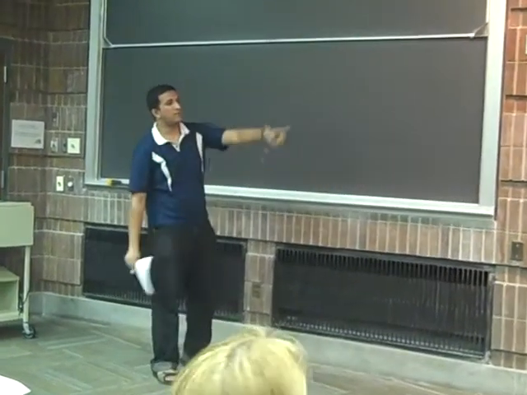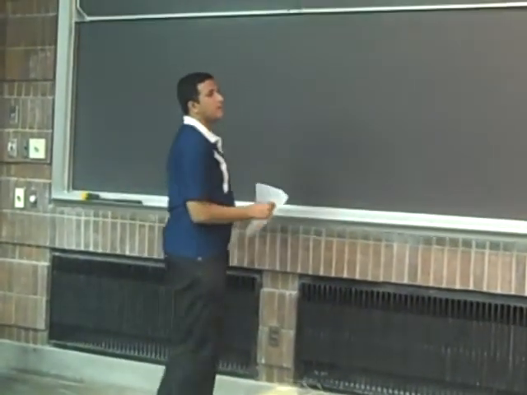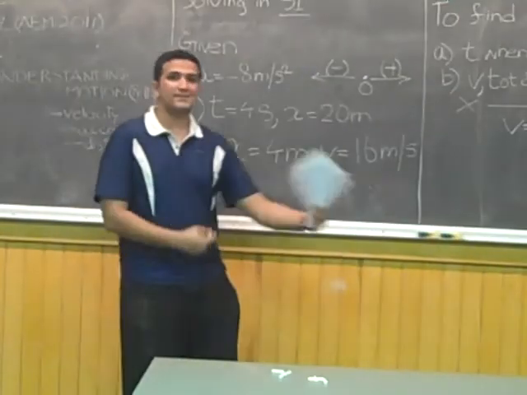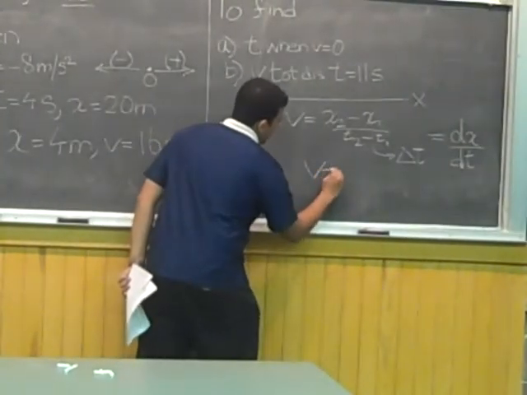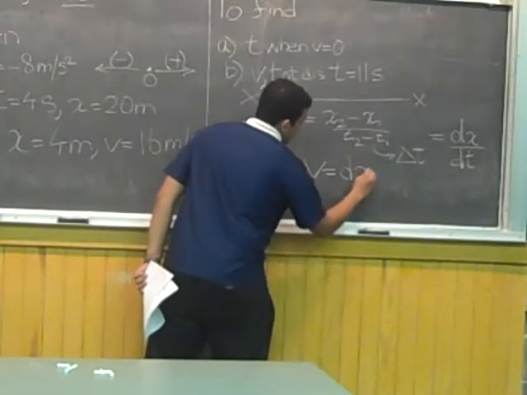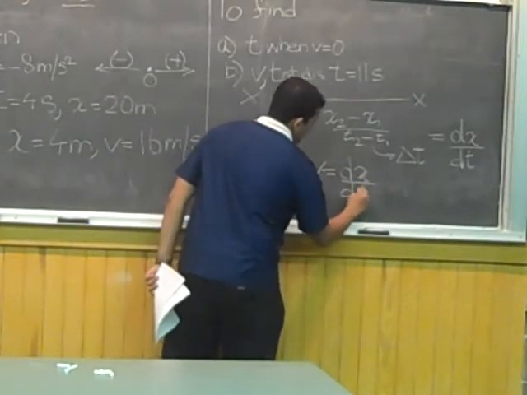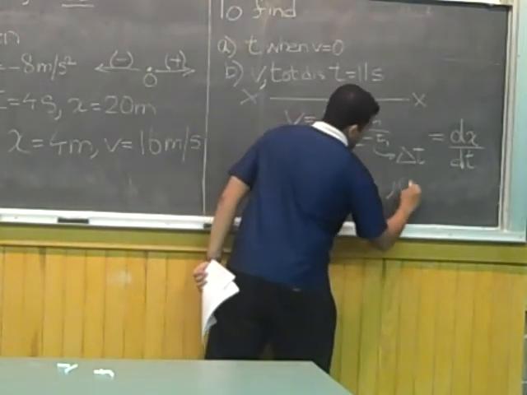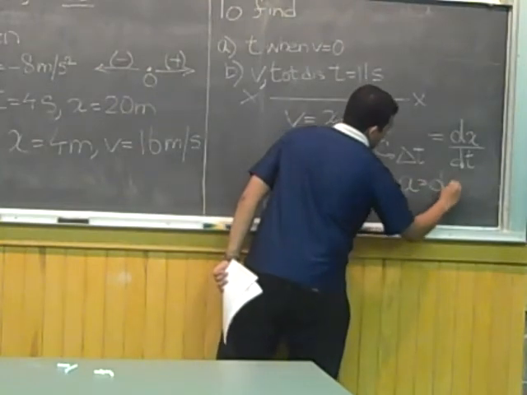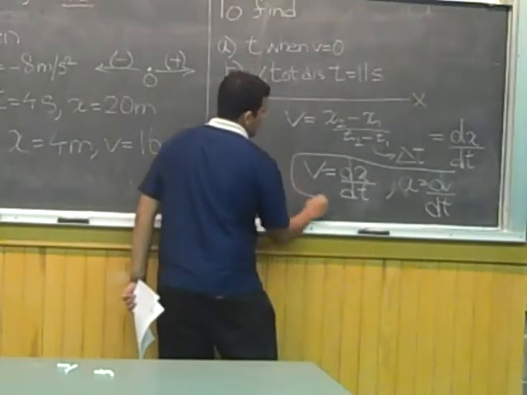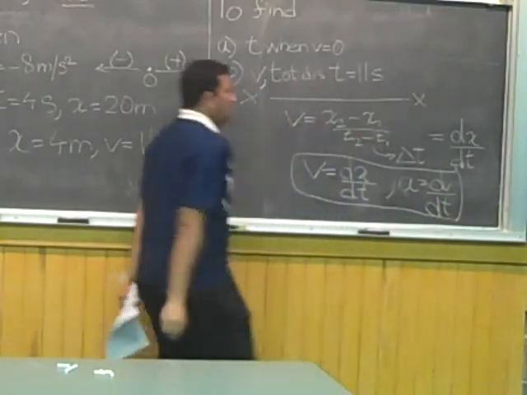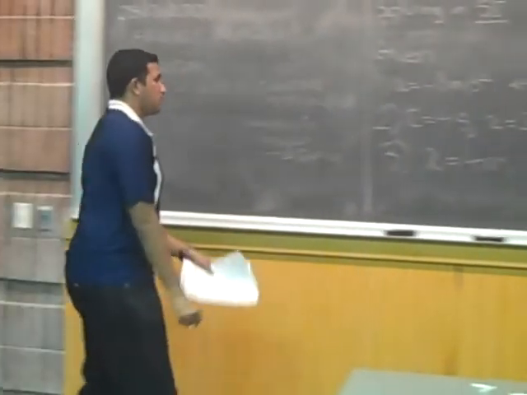Okay, so we are at velocity is equal to dx by dt. I'll write it down here itself. So we know what acceleration is. Acceleration is how fast your velocity is changing. On similar grounds, we have your velocity is dx by dt, and your acceleration is dv by dt. We want to remember this for all parts of the problem.